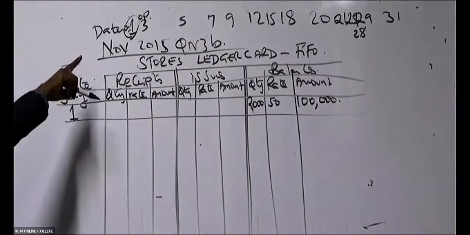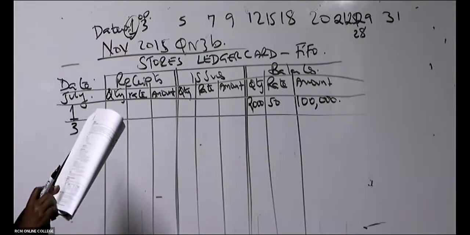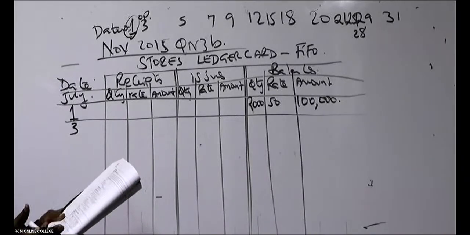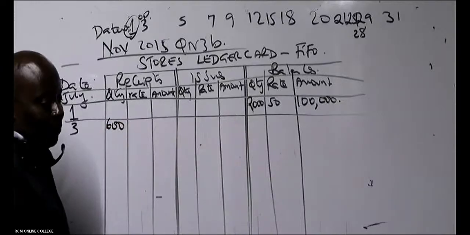The next date from your chronology of dates is date number 3rd. So you ask yourself what happened on the 3rd, either from the table or from the notes. I can see it's on the table. On 3rd July, we received 600, and each is going for